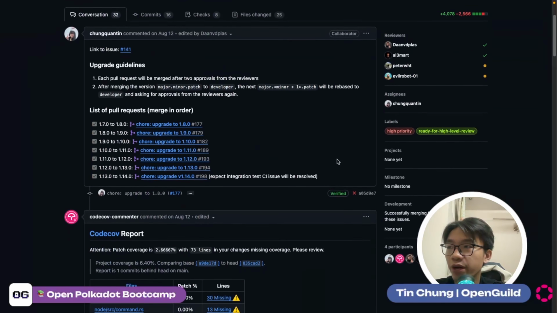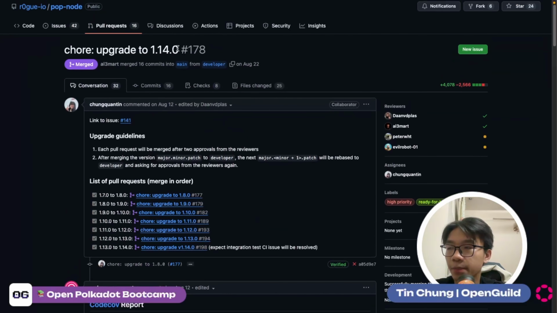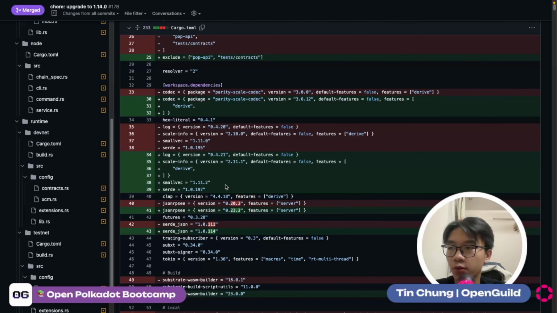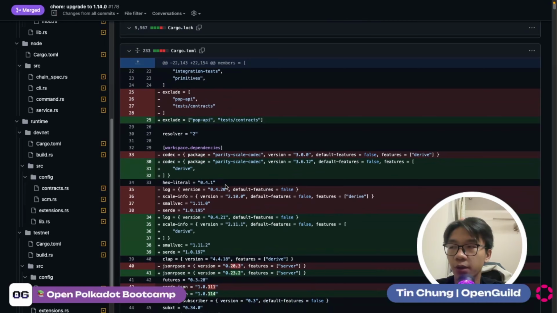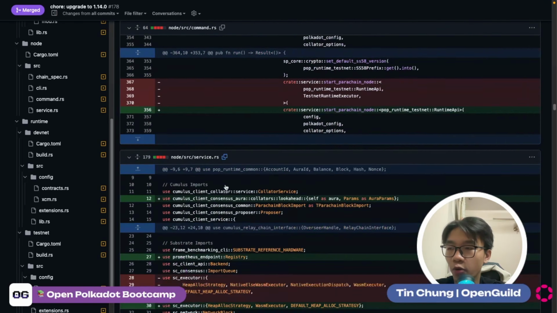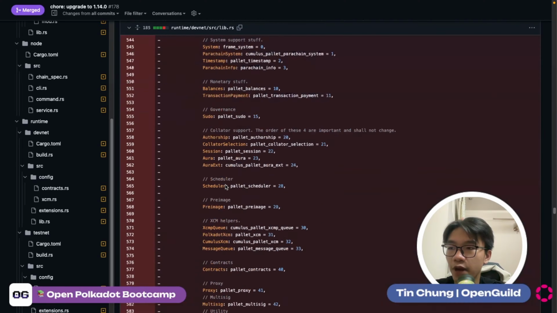So as you can already see, this is the PR to upgrade from 1.7 to 1.14. It covers pretty much all the changes needed to upgrade from 1.7 to 1.14, and it was thoroughly reviewed by the engineers of Rogue. So you can also go to this pop node and see if the changes really need to be made